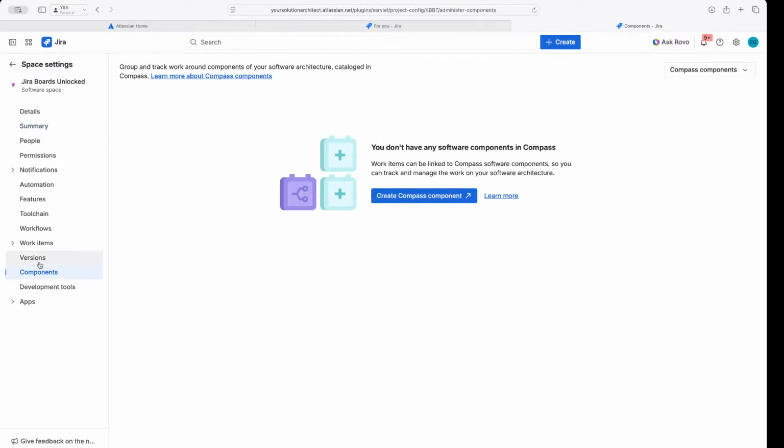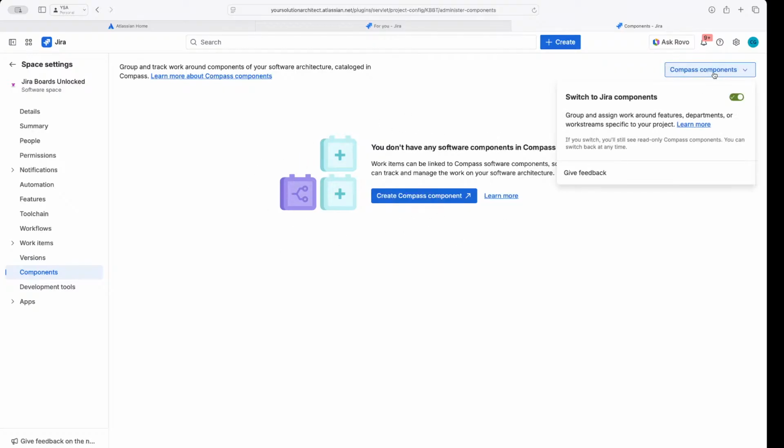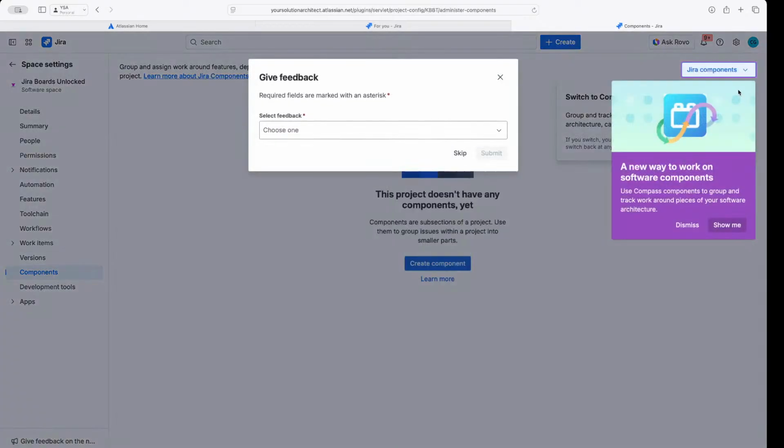So I think they've messed up a little bit. I don't have Compass at the moment, so I'm just going to create a Jira component for now. You can switch back. Compass allows you to create cross-project components, basically, so global components. If you're creating a project-only component,